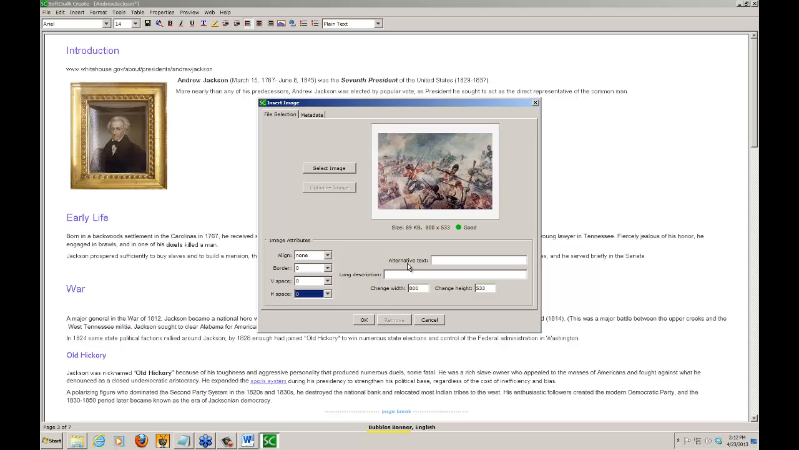Now let's make this image accessible to our visually disabled students. We allow you to have two different methods to make it accessible. First, the alternative text line. Some people call that the alt tag line. And what I like to put in here is just a title. So I'm going to call this the Battle of New Orleans. Okay, now that I've put in a title for my image,